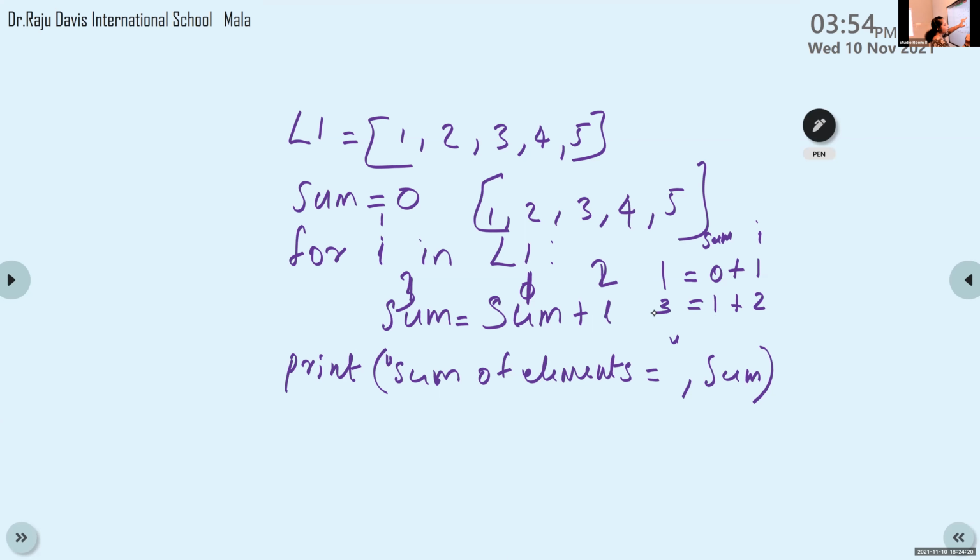Then next I value is 3, sum value is 3. So 3 plus 3 is 6. Next I value is 4, sum value is 6. So 6 plus 4 is 10. Then next I value is 5, sum value is 10. So 10 plus 5 is 15. So the final answer is 15.